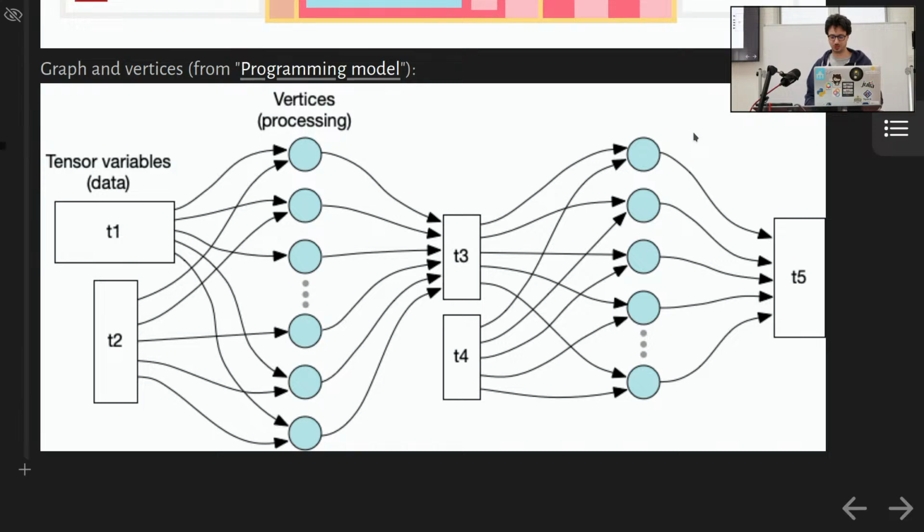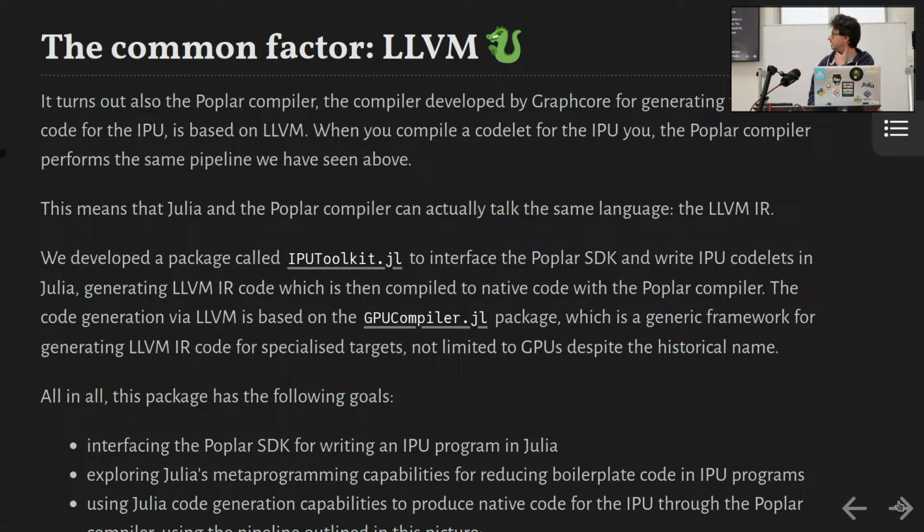So that's why the company is called GraphCore. But why is this relevant for us? Because the GraphCore compiler that they use for the IPU is built on top of LLVM. And so what we did was to create a Julia package which uses the GPUCompiler.jl framework, which is the same one used also by Enzyme, to generate the LLVM IR of the functions that we want to run on the IPU. We write it literally in a file, and then we use the Poplar compiler to generate the native code for